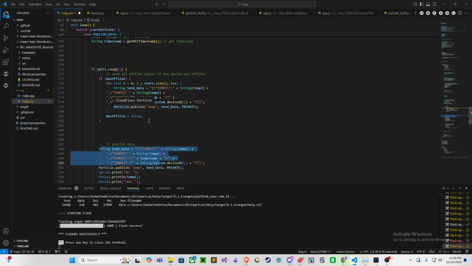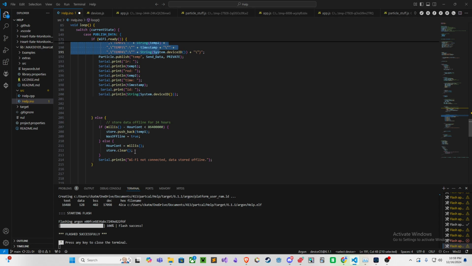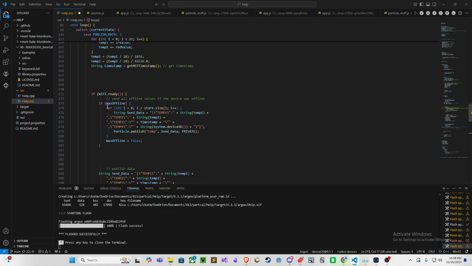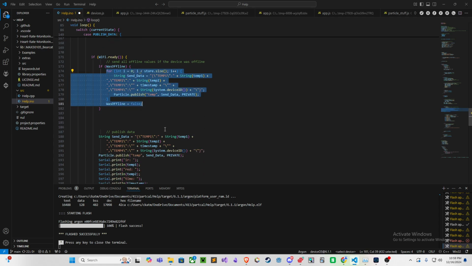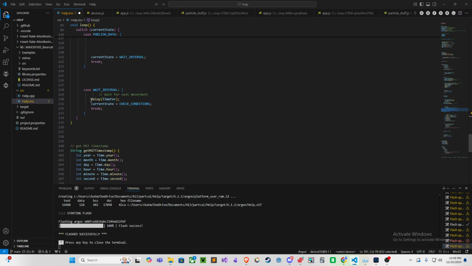But if it isn't good, we have this else statement. All that does is push it back into an array, which stores for 24 hours. You can see here, if it doesn't, it clears the array. And once we go back online, we go through this for loop, which posts all of them in succession. And then we go to the wait interval, which just waits until the next capture, which is declared